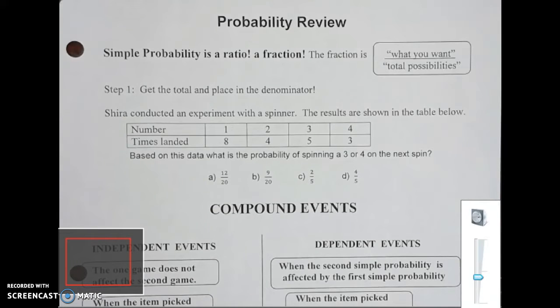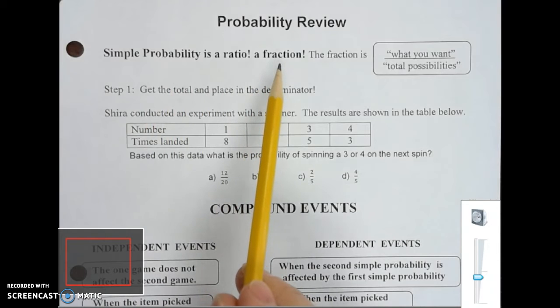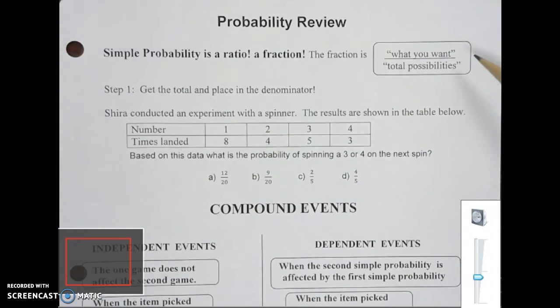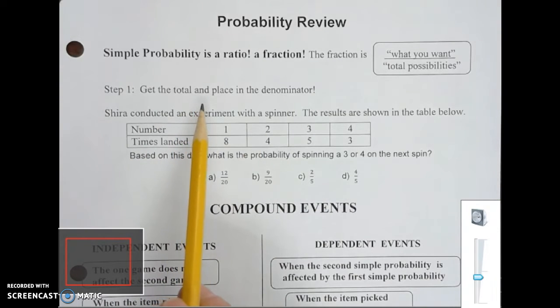You're going to do a little probability and statistics review today, and we're going to start off with probability. And we're going to look at simple probability first. Remember that simple probability is a ratio, and a ratio is a fraction. The way that you set the fraction up, in the numerator, it's what you want to occur, and in the denominator, it's the total number of possibilities. The first thing we should try to do is get the total possibilities and place that number